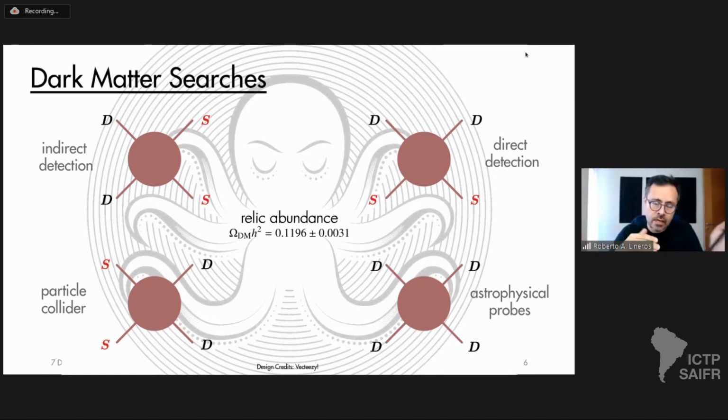Direct detection, like in the talk of Tien-Tien about the scattering of dark matter on CCDs, particle colliders, et cetera. So we have a whole bunch of new strategies to look for dark matter. Nevertheless, they must be connected by the mechanism of how the dark matter is produced in the early universe and how abundant this dark matter is nowadays. So all these connections make any particle model that has a dark matter candidate have to fulfill this whole class of constraints.